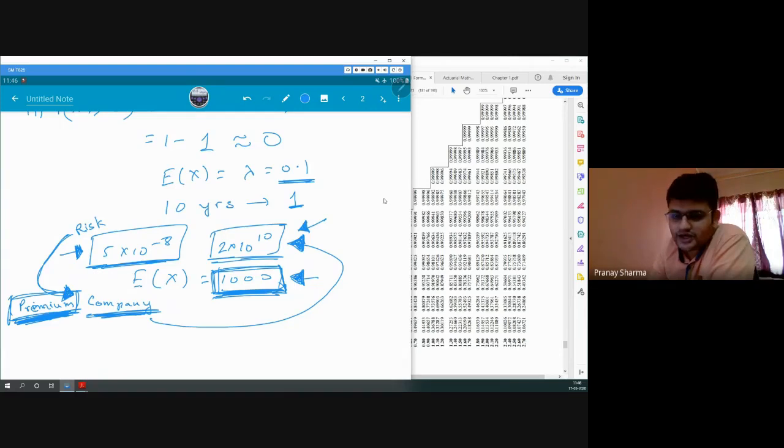Most of us will not get into an accident, and they will compensate that from everybody that they have taken premium from. They'll take a premium from a lot of people and give money to whoever gets into an accident. And because they have taken premium from a lot of people, that unknown risk became a known risk for them. So for the company, they know that 1,000 people will definitely get into an accident each year. So they will have to pay out to those 1,000 people.